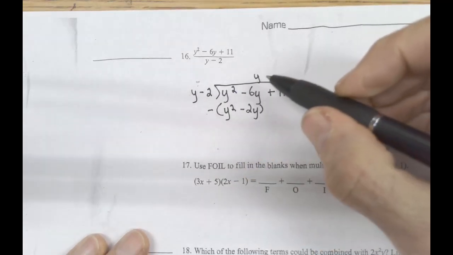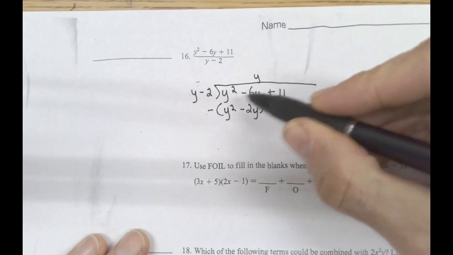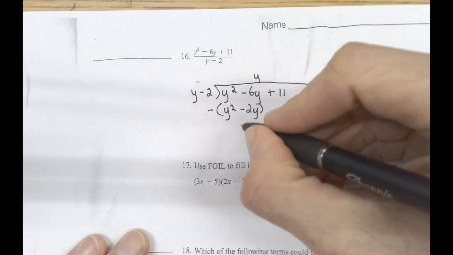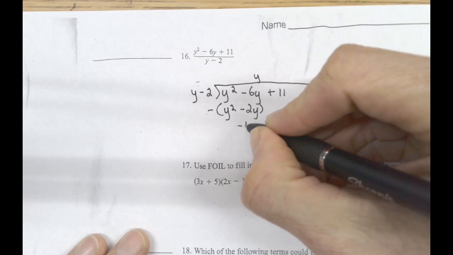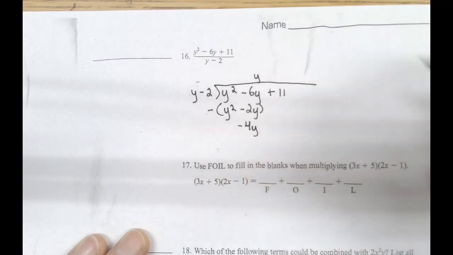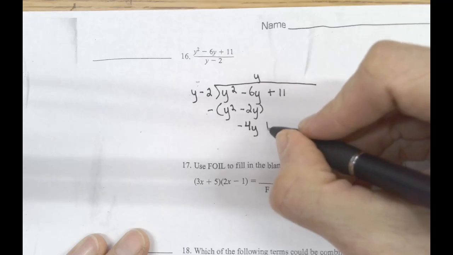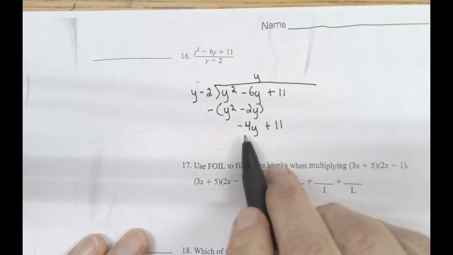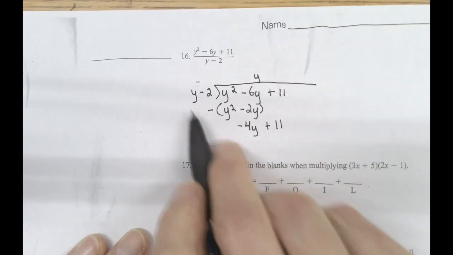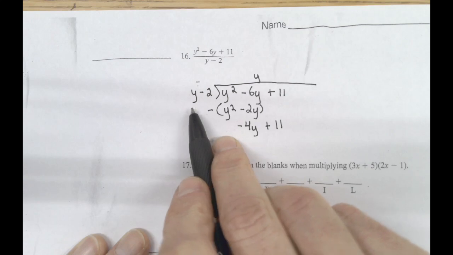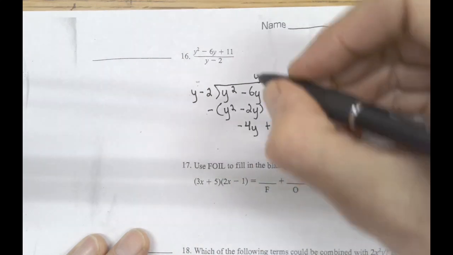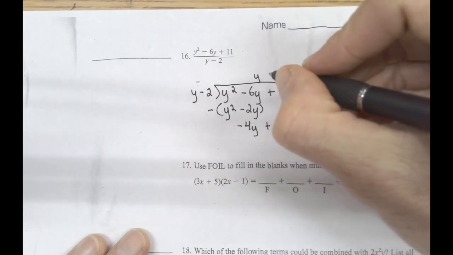Here we have to be careful because of the sign, so I have a minus 6 minus a negative 2y, so that's going to actually give me a minus 4y. That's like minus 6 plus 2. We'll bring down the 11, and now do the same thing. What's negative 4y divided by y? And the answer is negative 4. So we're going to have a minus 4 here,